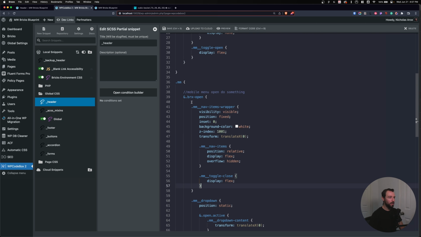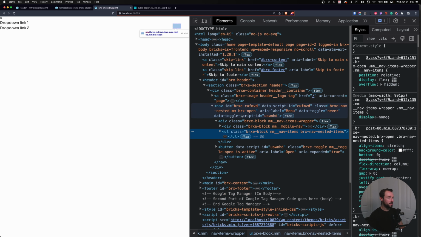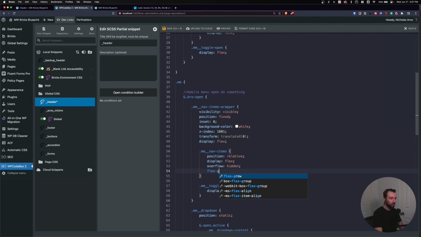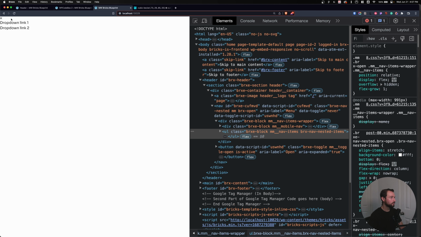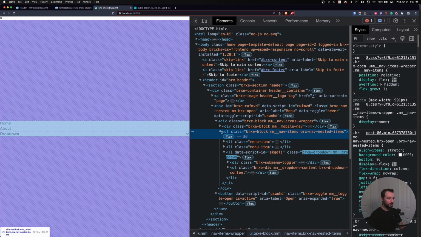So nav on open, set this to a display of flex. And on open, we want our nav items to flex grow of 1. And let's take a look now. Perfect. Okay, we're working now, but we need the items themselves to be pushed all the way to the top